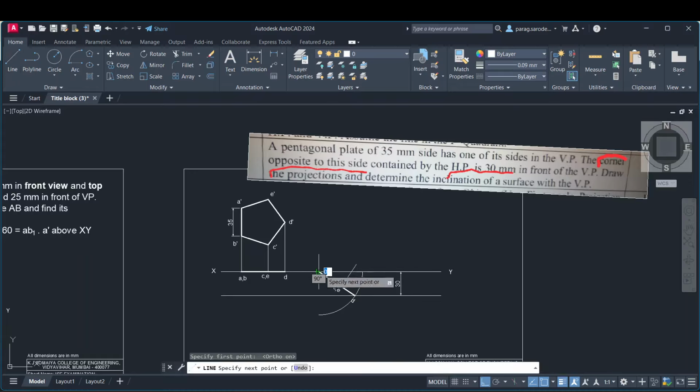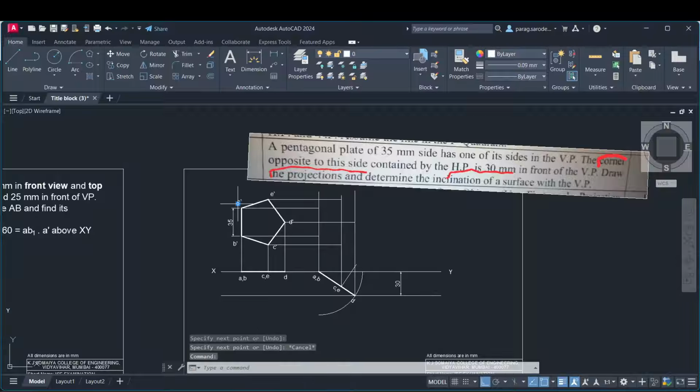Ortho on, we draw one vertical line from the CE, facing upwards. From C we draw one vertical line like this. From D we draw one vertical line like this. Let the line intersect with this. So this is the point A. From this B, now from the C, I will let it intersect this vertical line. From the E, let it intersect this. From the D, let it intersect it here. Now you can copy this